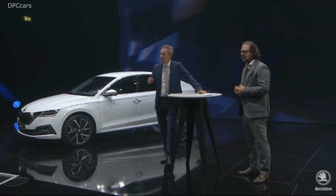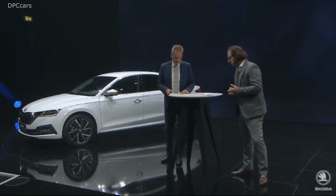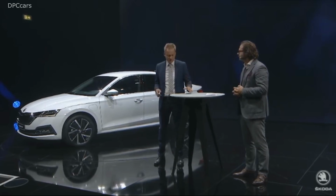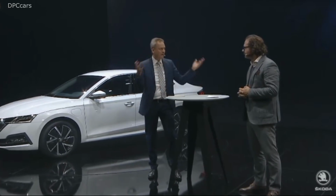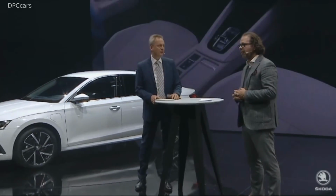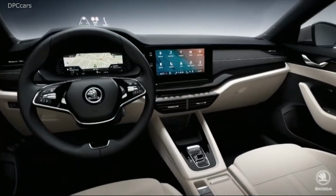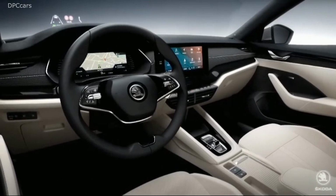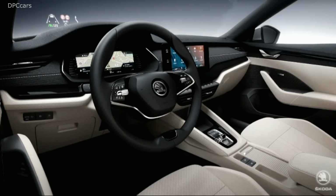Also in the interior, we make a very big step. We offer brand new technologies, such as a digital cockpit with two 10-inch displays, this windshield head-up display, and shift-by-wire. And all this together gave you many more opportunities to create the car. Yes, the new technologies in the interior gave us a lot of freedom and a lot of opportunities. One was the integration of this big 10-inch screen in the middle of the dashboard. The interior architecture was inspired by the bonnet of the car, so we bring the screen in the best possible position, so it's visible and reachable